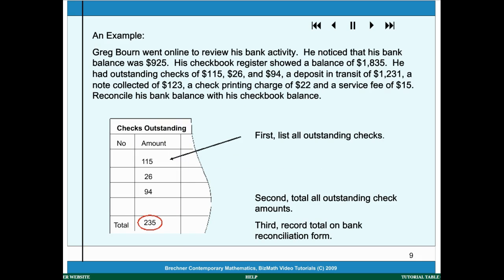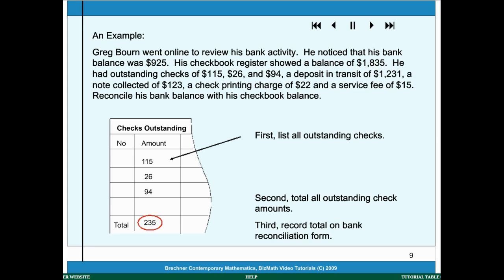Here is an example to help illustrate the process. Greg Bourne went online to review his bank activity. He noticed that his bank balance was $925. His checkbook register showed a balance of $1,835. He had outstanding checks of $115, $26, and $94, a deposit in transit of